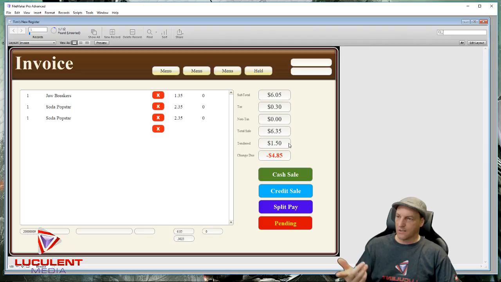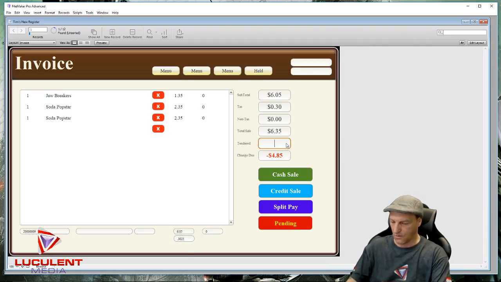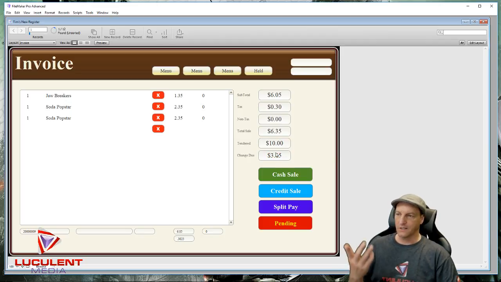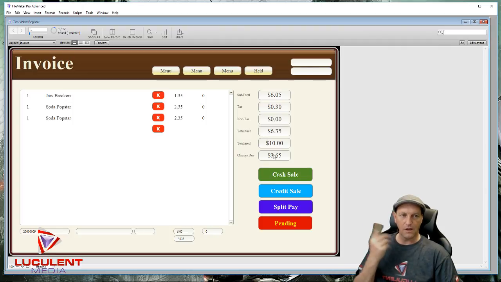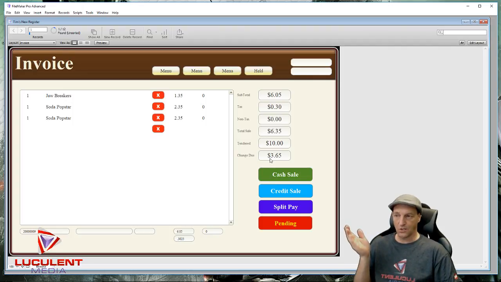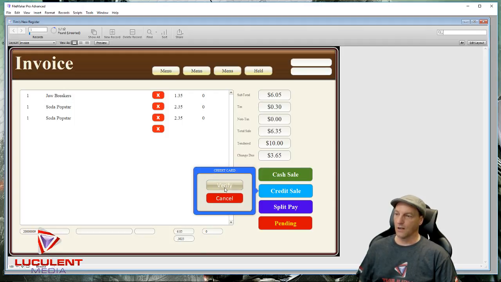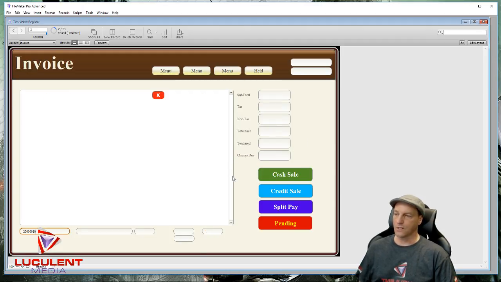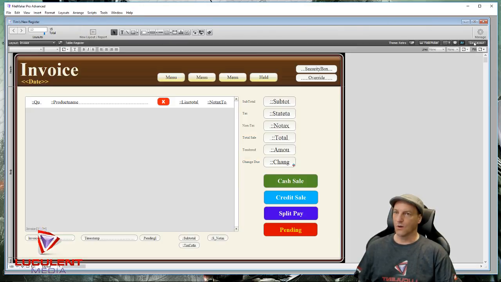But so now, say it's $4. If we go backwards and we type in $10, it instantaneously changes that back to the normal color, and we're good to go. Now it says their change is $3.65. And we're just going to click on credit card sales, and now we're at 010. So now if we go to our